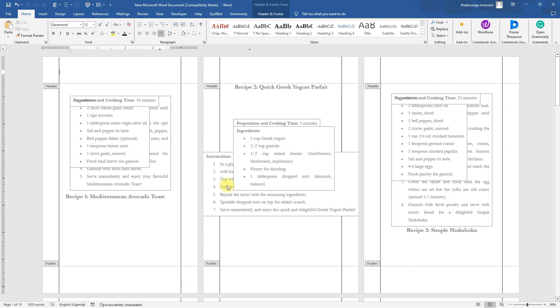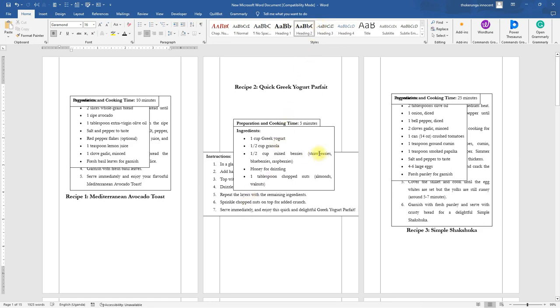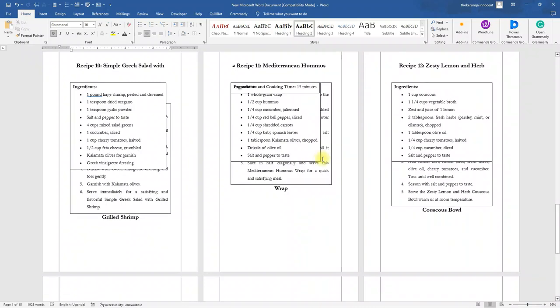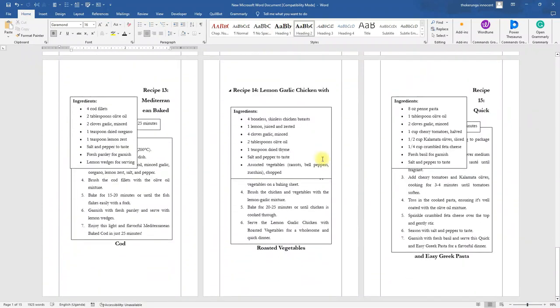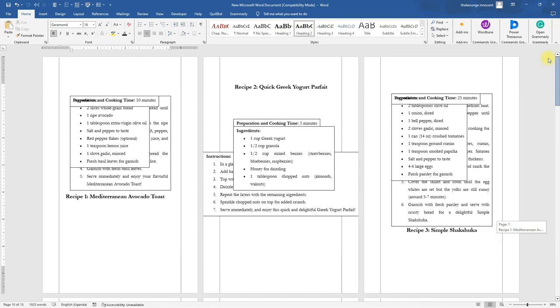So for this particular part of the course, I don't want to complicate things for you, so I'll just leave it like this, so that we just guide this margin and this other margin. Yes, these other ones we shall sort them later. Now let's go ahead and close the header and footer section. If you close this, you're going to see that the lines show up on every other part of this document. So that means now you have a complete guide to guide you in the process of arranging